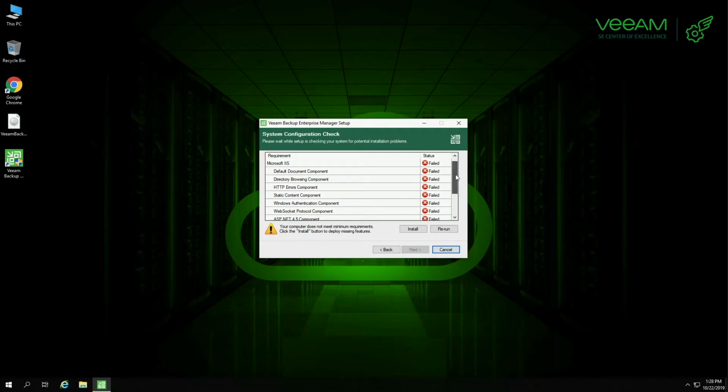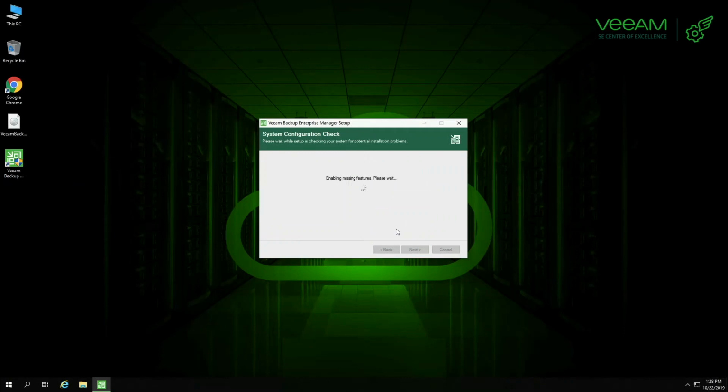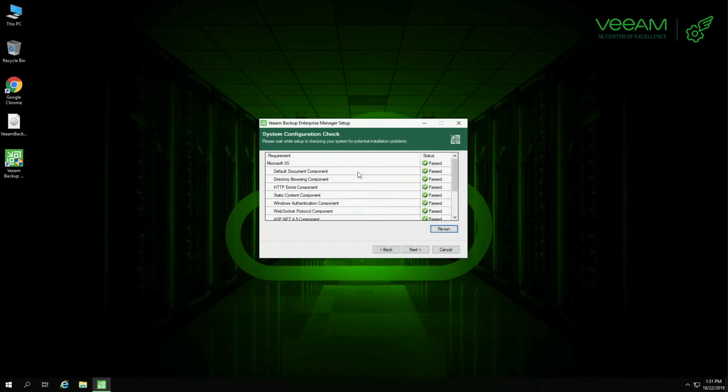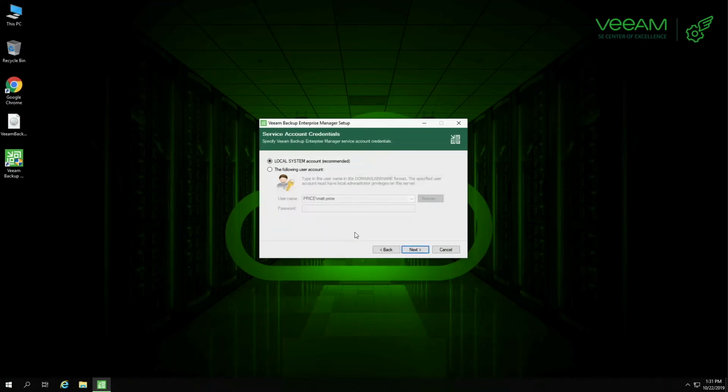And as you can see on this particular machine, we've only got a couple of required roles and features already installed. So again, the nice thing about this deployment wizard is all you do is hit install, and Veeam will tell Windows exactly which roles and features we need activated in order to successfully deploy Backup Enterprise Manager. Okay, now that all those roles and features have been installed, you can see everything is now showing as passed. Okay, so once you hit Next and go to the next screen,